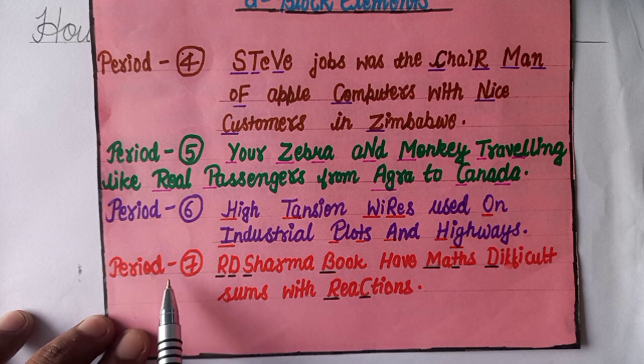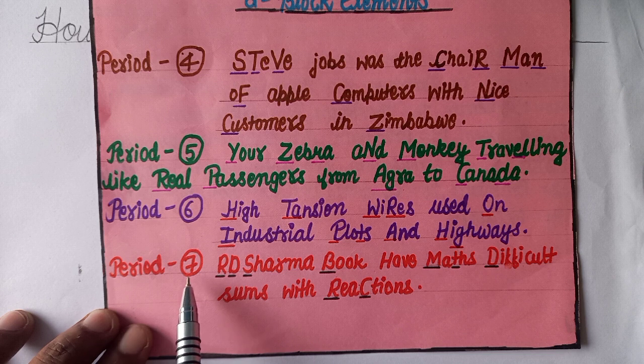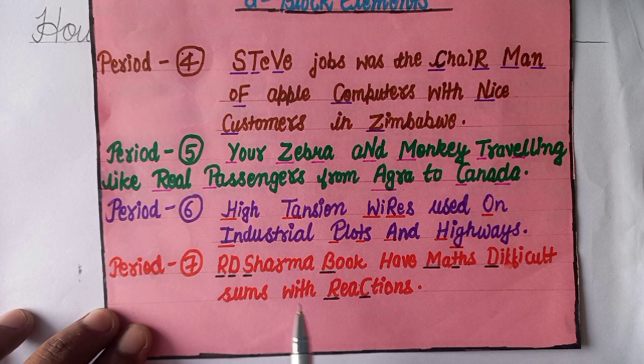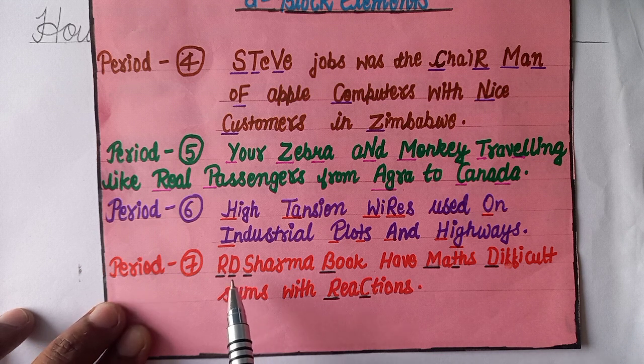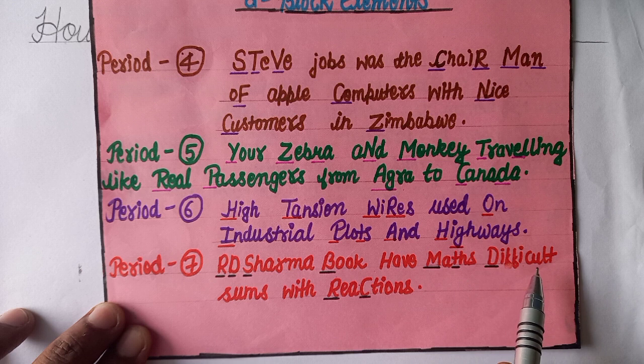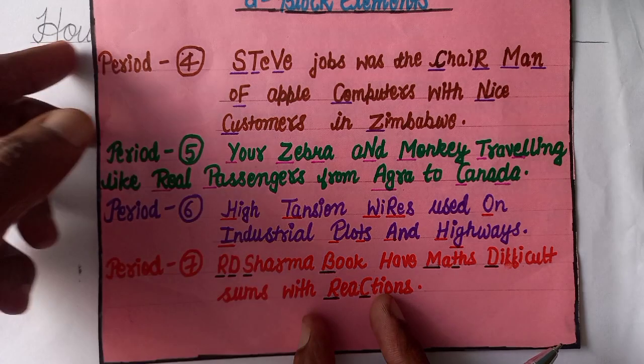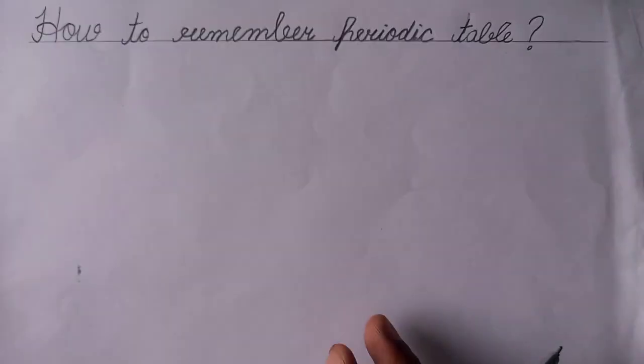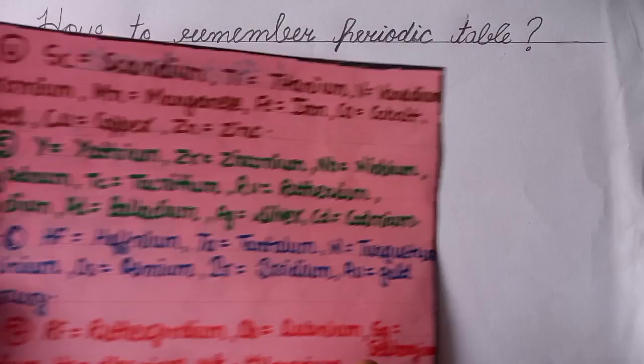And the seventh period, which is an uncompleted period. The trick for the 7th period elements is: R.D. Sharma book have maths difficult sums with reactions. And the elements of D block